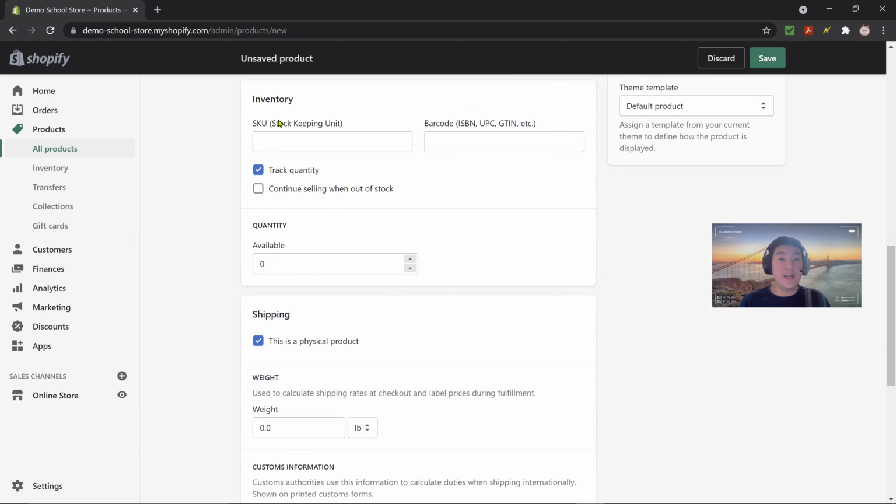Next, for your inventory, you can add your stock keeping unit, your barcode if you have a brick and mortar store, and you can either track the quantity, which usually you should leave checked, and if you want to continue selling out of stock. But make sure in the real world, if you check continue selling out of stock, you have a plan to let your customers know what you're going to be doing and how long the lead time is in order to get that product to them. Next, you can set the quantity. So for example, if I have 10 pencils,